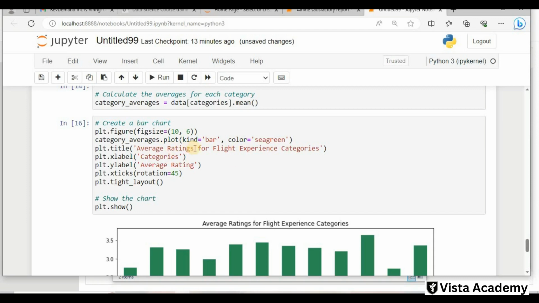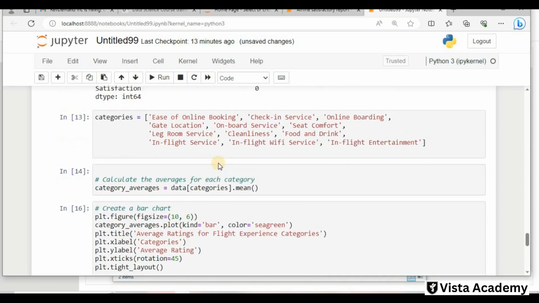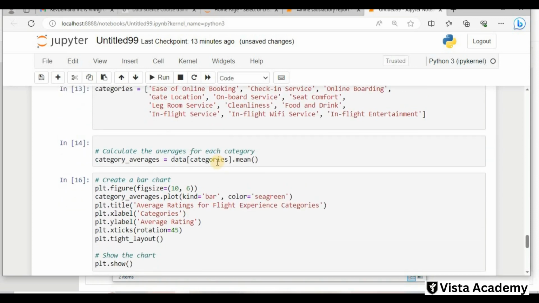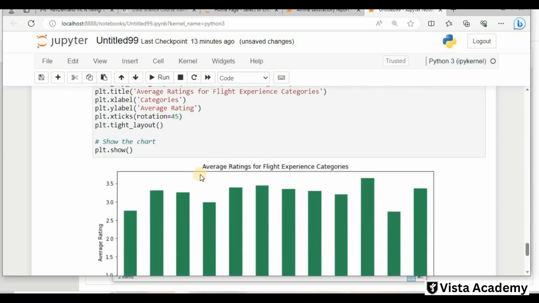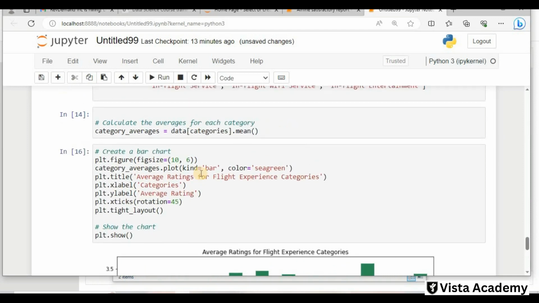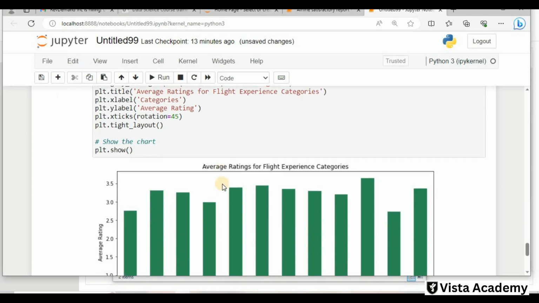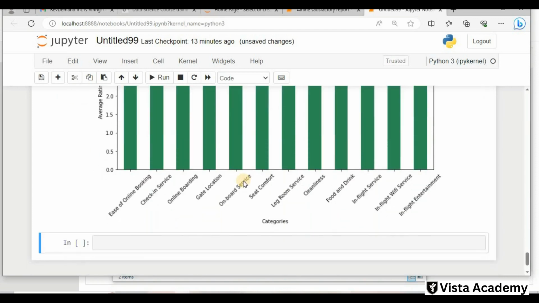The title we have given here is the title of the plot. We have taken categories and average rating, which we have created. So we will take an average rating here, from where we have created the categories, and in the categories we have taken all these categories here, and average rating we have taken on the Y label. So this will create, we have given a name to the Y label, average rating. So let's see what it will show us. It will show us an average rating chart here.